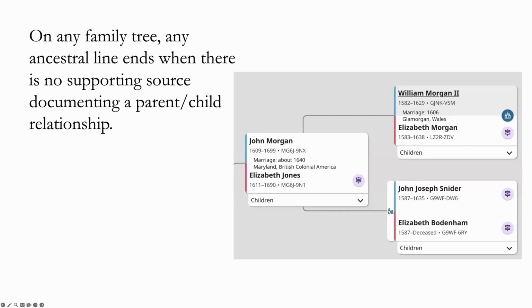When there is no supporting historical source that has some validity, documenting a parent-child relationship, that family line ends. So in this example, if we find that John Morgan does not have any record showing who his parents were,